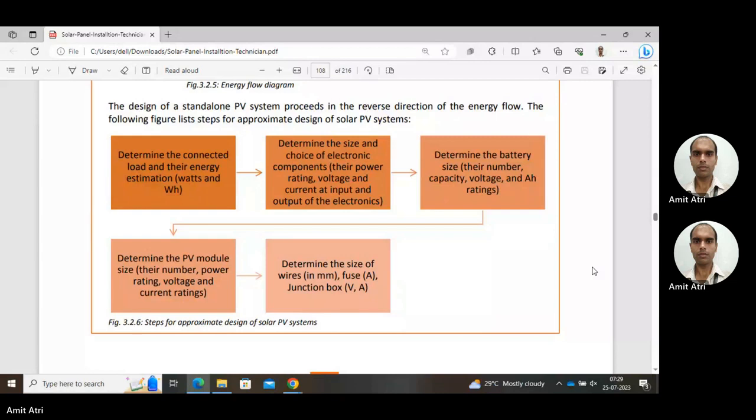The last thing is to determine the size of wires and fuse, in ampere, and junction box, in volt ampere. So these are the connecting components, miscellaneous components, we can say. Wires, fuse, junction box. Larger the current, thicker the wire. Larger the rating of the fuse, junction box. For low current, lesser diameter of the wire, so less